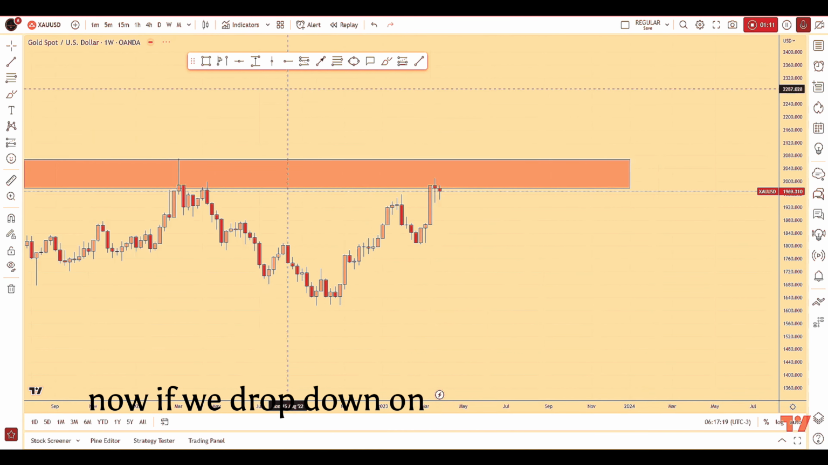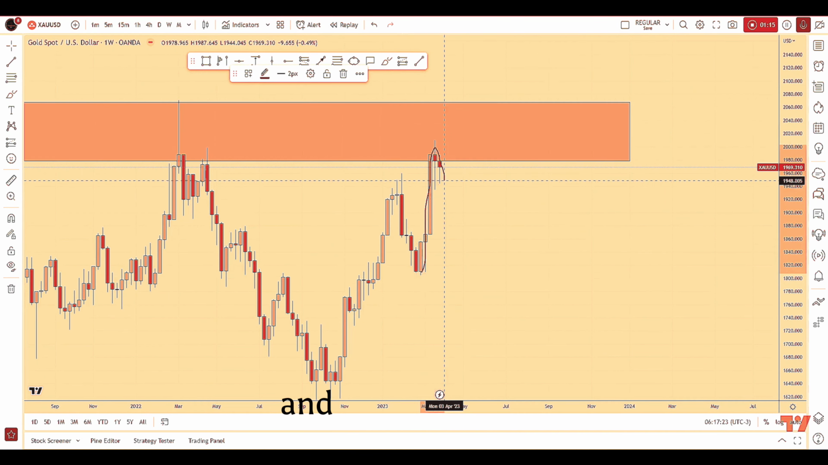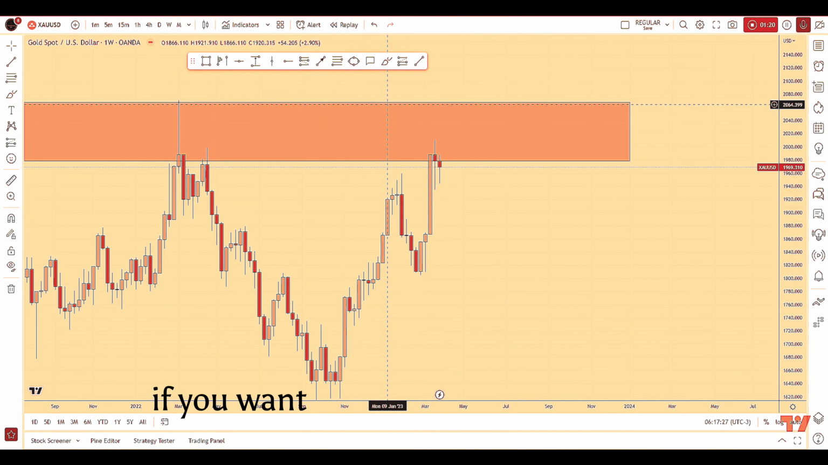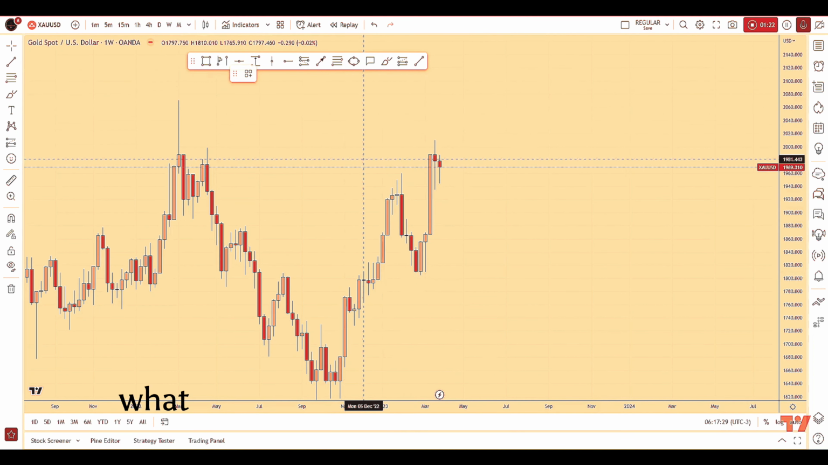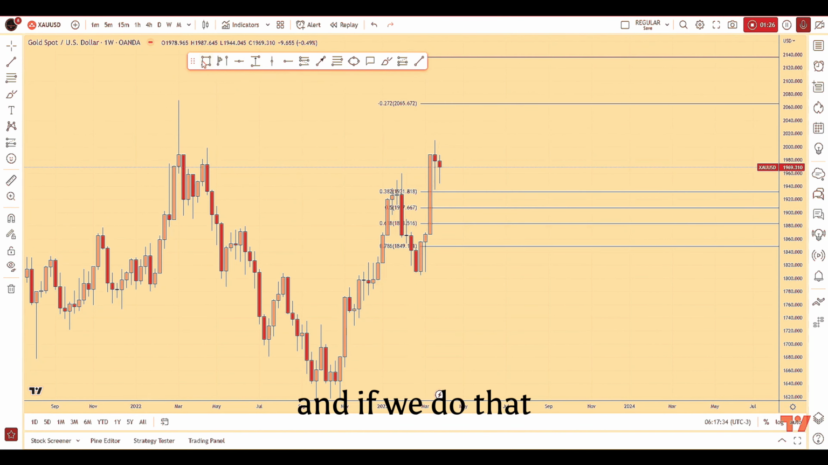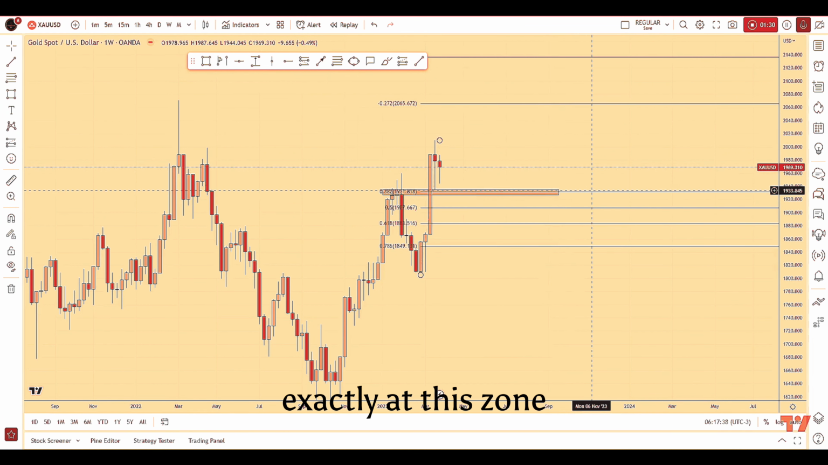Now, if we drop down on the weekly time frame, we can see how we just had a very strong impulse to the upside, and at the moment the market is starting a correction. Now, in general, after an impulse, if you want to measure the correction, what you have to do is take your Fibonacci from the low to the high of the impulse. And if we do that, we can see how we have a 0.32 Fibonacci retracement exactly at this zone,